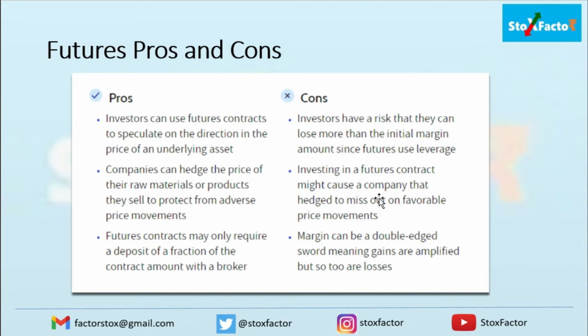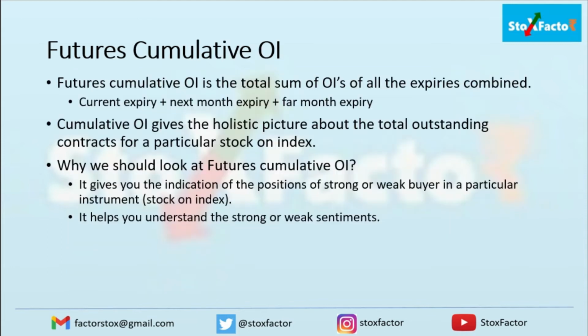Let me come to that very important topic: what is futures OI and cumulative OI, and how to use that. As you can see on your screen, the futures cumulative OI. So what is futures OI first of all? Futures OI is when we talk about the current expiry. The futures open interest is whatever outstanding contracts are standing for this current expiry. Suppose the current expiry is of the month January 2021. Whatever contracts have been purchased for this particular month, the January 2021 contracts, which will expire on the last Thursday of this month, right? So only the current expiry.